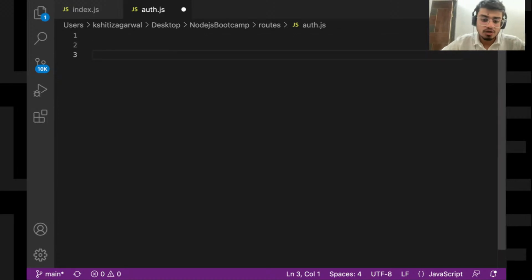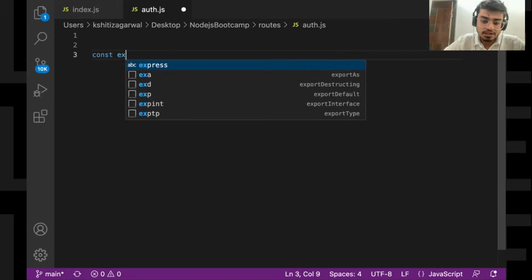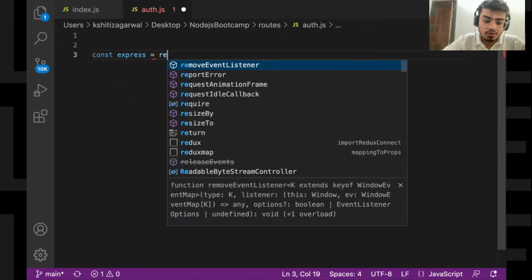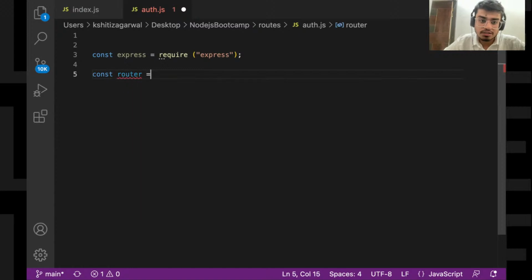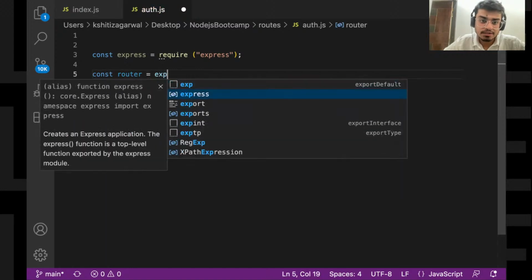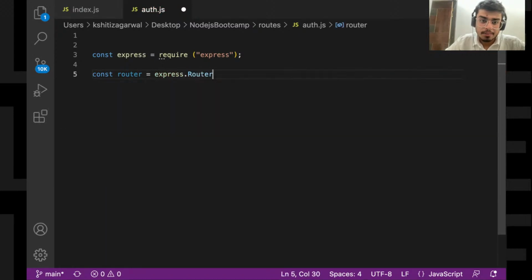So again, const express is equal to require express. Then here we will be using a router: const router is equal to express.Router(). This is how we will be approaching this.